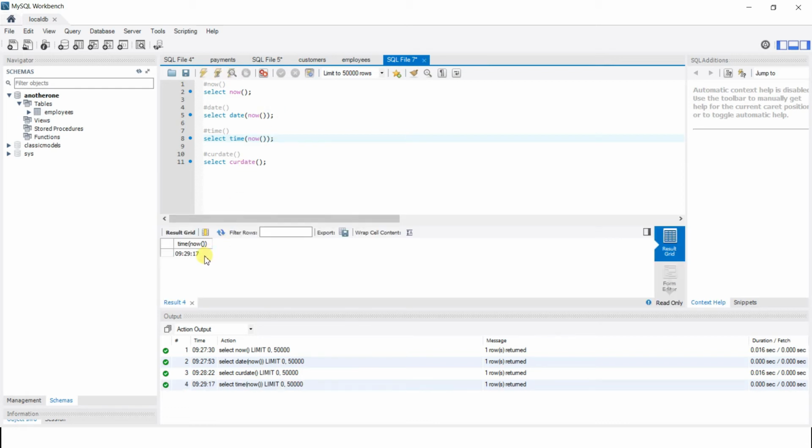As you can see, this is the time now. So now we can get date using the now method, and we can get date from now, we can get time from now. Now it need not be just now here, it can be something saved in the database itself. Let's say if this is saved in the database and you get this value, you get the date from this